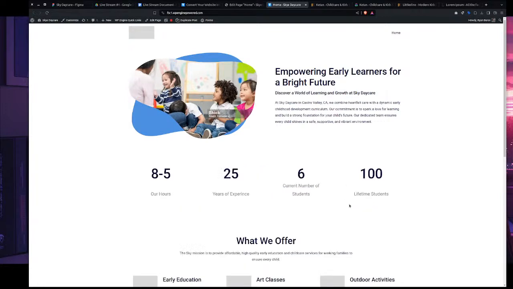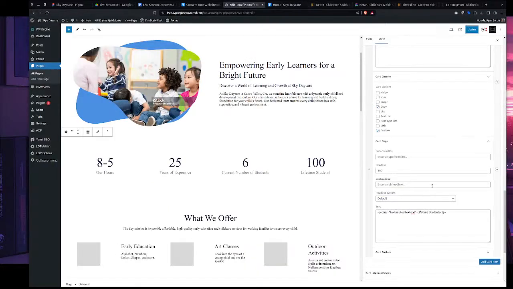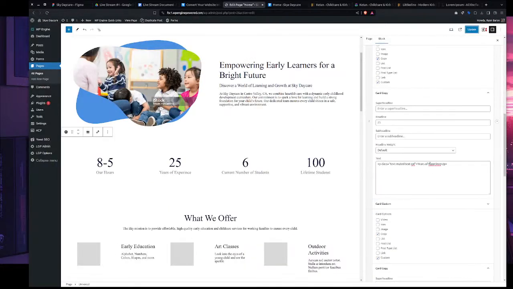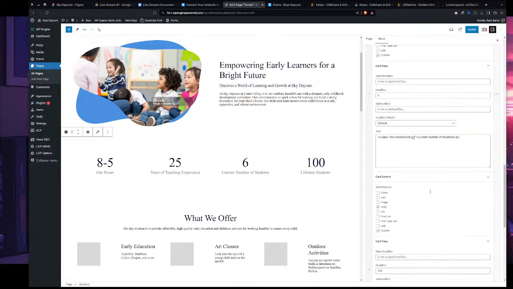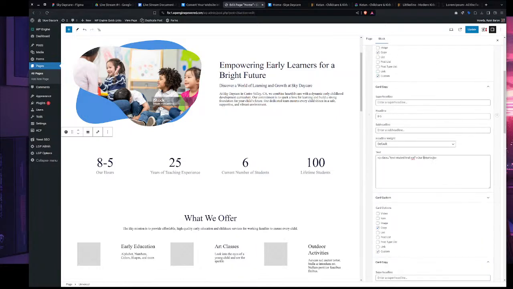All right, number of students. Current students. Yeah, it's just a little bit longer than everything else. Hours of operation. Years. Why don't we just lengthen everything else a little bit to make it all fit? Years of teaching. Current number of students, our hours of